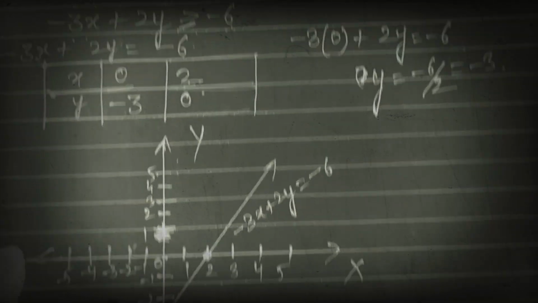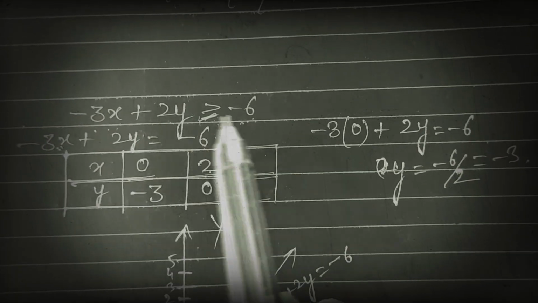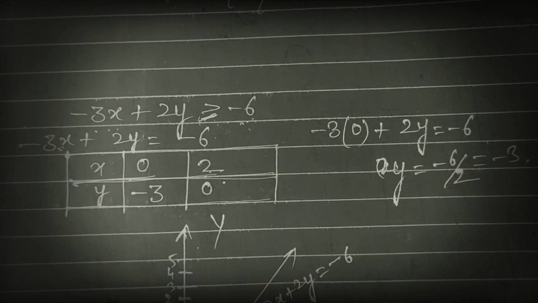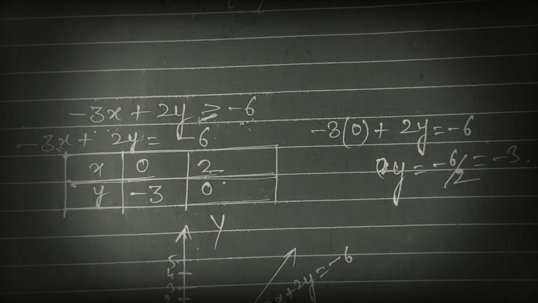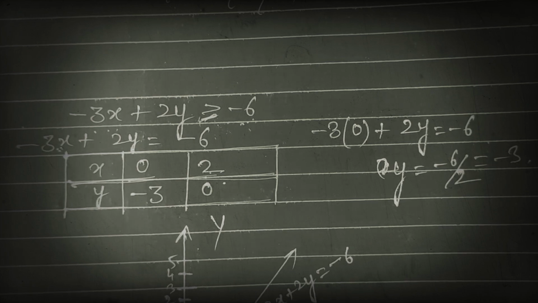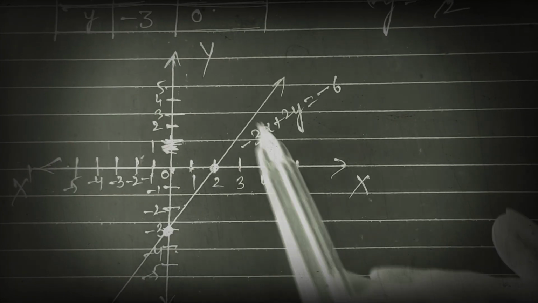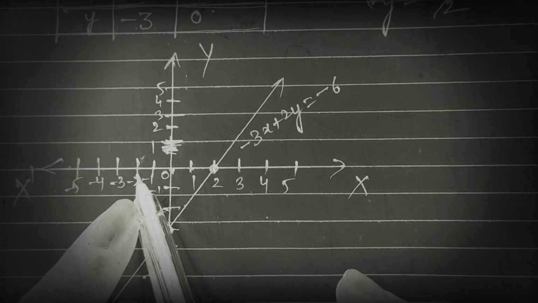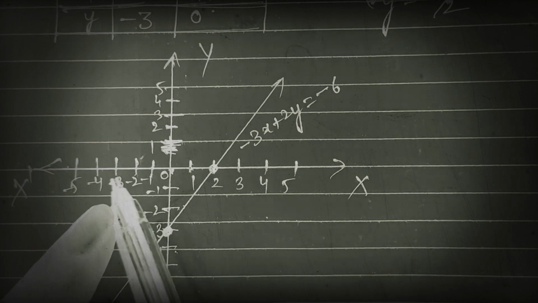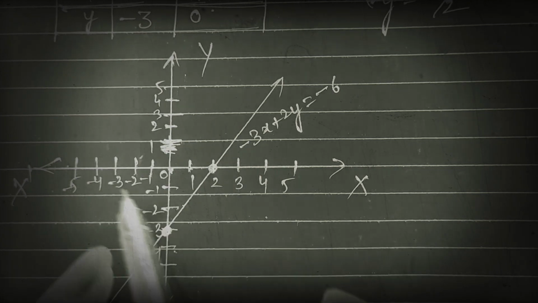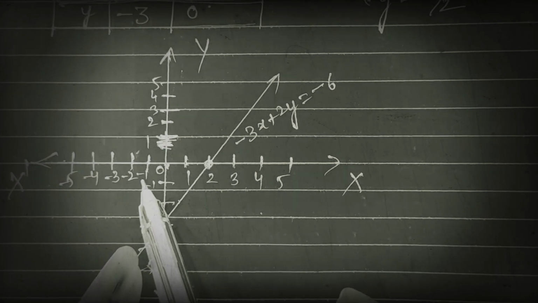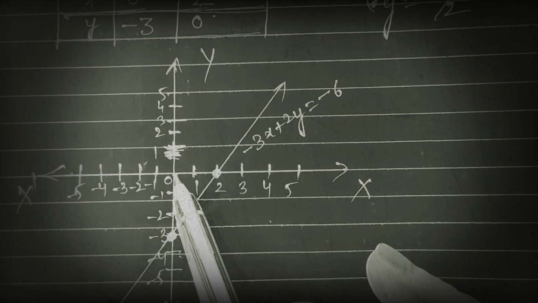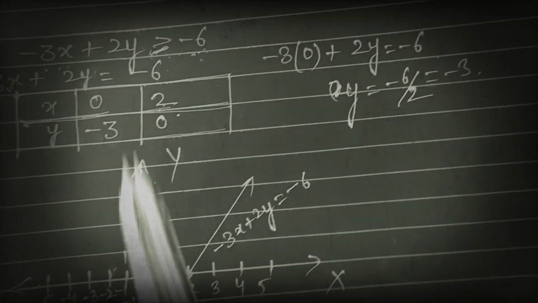In which points are satisfying this inequation? So we will put 0, 0, or you can put any point, -1, 0, 1, 0 or 3, 0. You can put any point from these, from either this side or that side. If you are putting any point of this side, if it satisfies, then the area will be on this side. If it is not satisfied, then the area will be on this side. Now I am taking 0, 0 again in place of x and y.